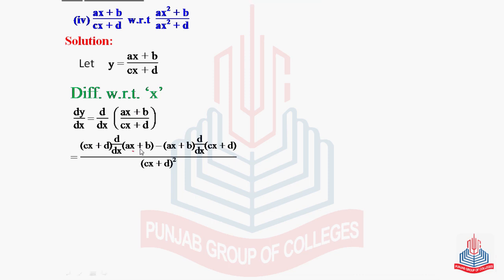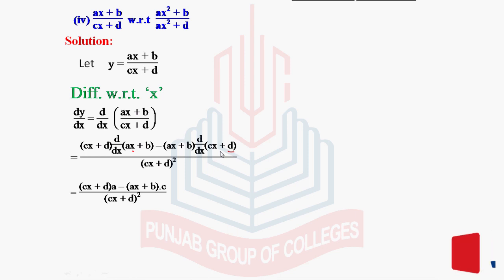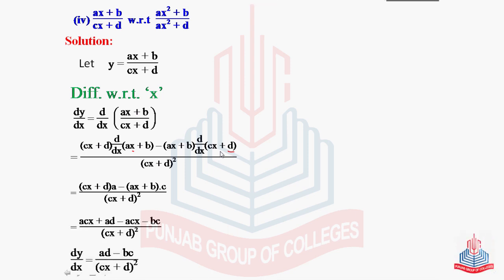Similarly here the derivative of d will be 0 because it is a constant term, and for the derivative of cx, c will come out of the derivative, and the derivative will apply only on x. So applying these derivatives, we have our dy/dx = (ad − bc)/(cx + d)². And similarly, when we apply the derivative on the second function, which is named u,